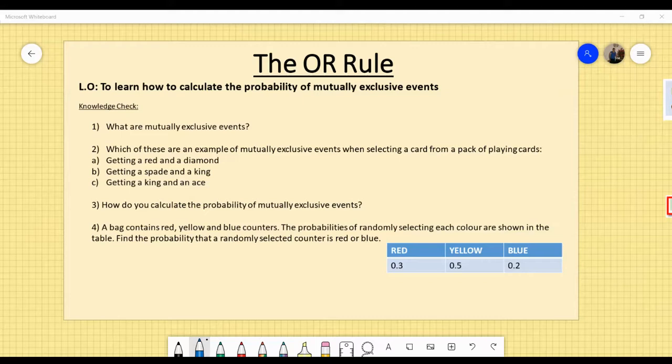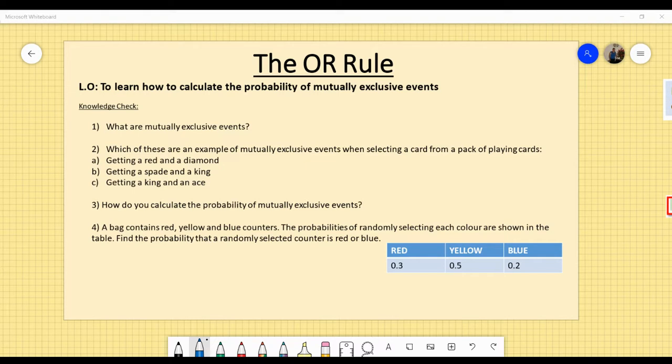So for this part of the lesson, we're going to have a look at the OR rule in probability. This is when you can use a particular formula to calculate the probability of mutually exclusive events. Hopefully you've been doing your Knowledge Organiser homework and recognise that this is a particular reference to your Knowledge Organiser